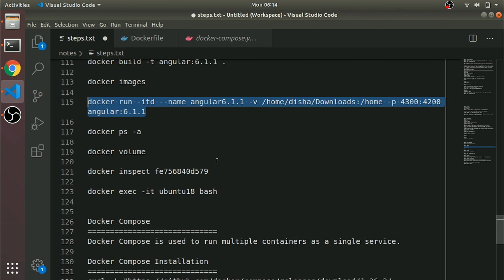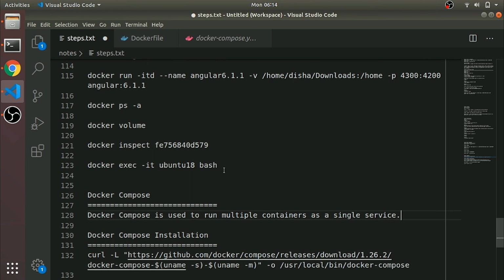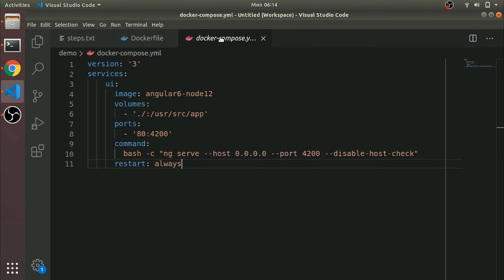Okay, so how can we do that? For that we need a file, and the file name will be docker-compose.yml. So let's create a sample file, and we are using that file to create a container. I'll show you one container first, then we can add multiple containers. How we can add multiple containers, I will show you. So let's have a Docker file. That one I have already created here, this one.